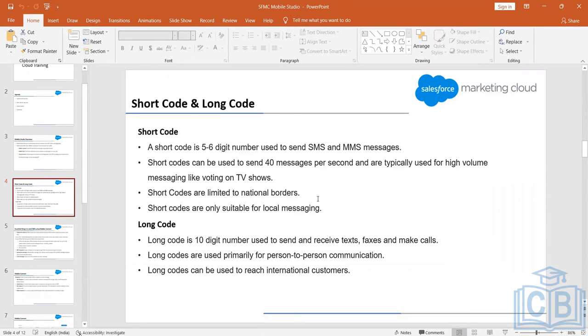Let's say if you want to communicate something to 1,000 customers, what will we do? We will use the short code. Let's say if there's a new